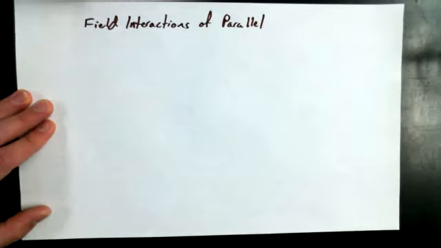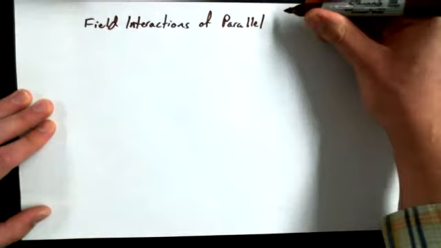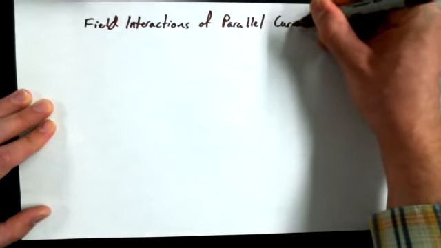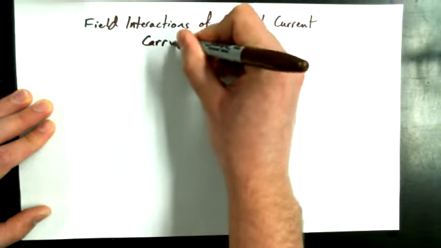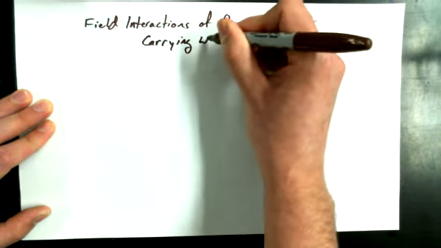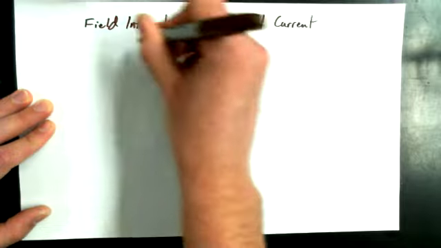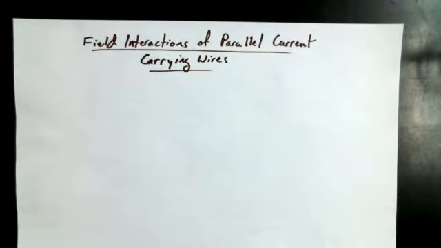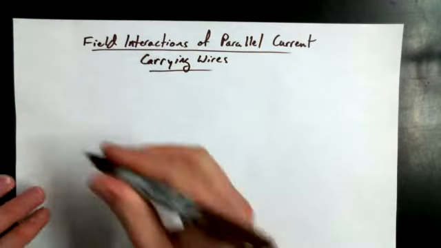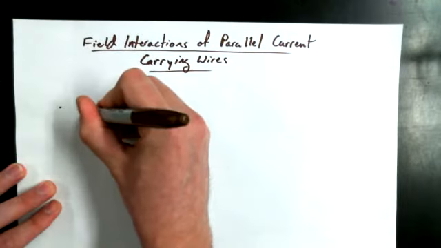Field interactions of parallel current carrying wires. Yeah, field interactions of parallel current carrying wires. So what I mean by this is that we've got two wires,